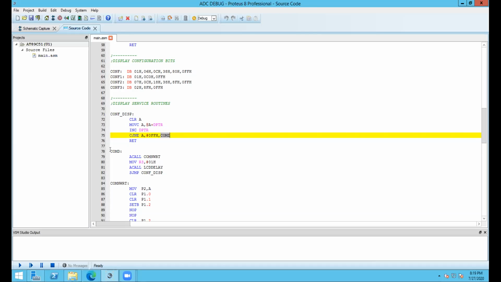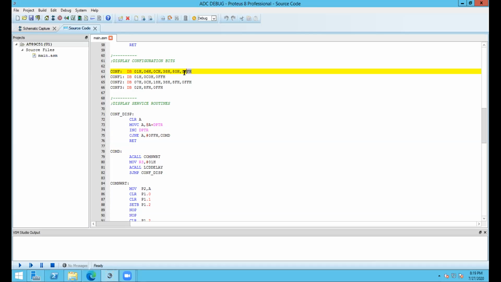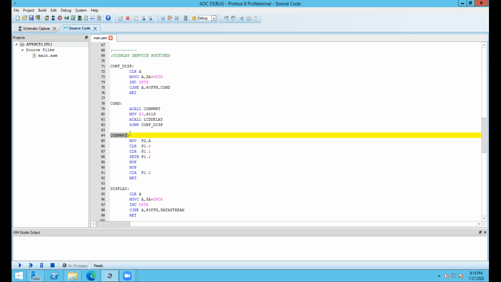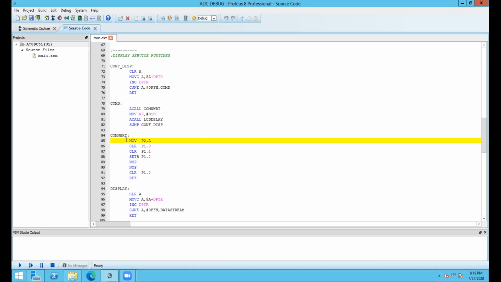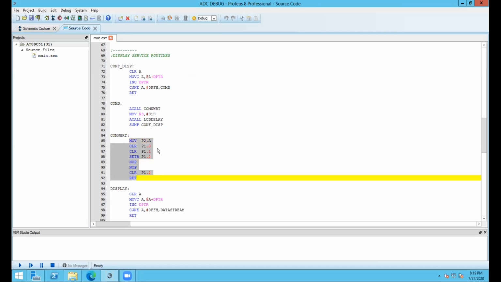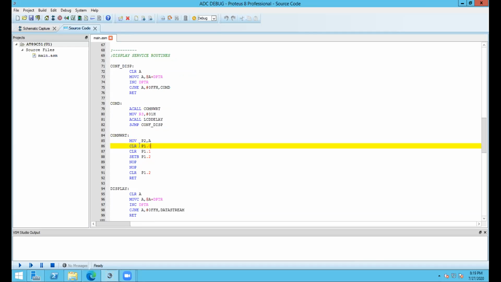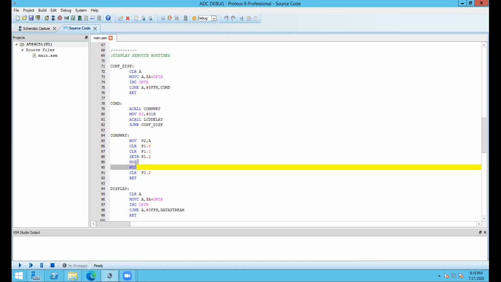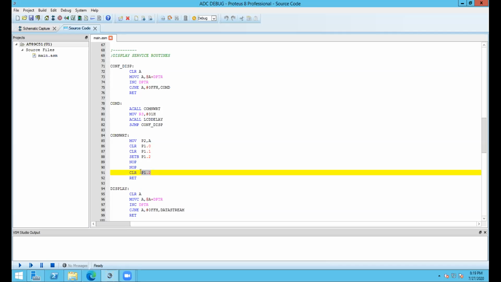As long as we are not getting this, we have jumped here, and here we are calling this function. This function sends some data bits to the control signals of that LCD. See, these are the control pins 1.0, 1.1 and 1.2. We are clearing 1.0. We are clearing 1.1. We are setting 1.2. We are waiting for 2 clock cycles and then clearing 1.2 again.